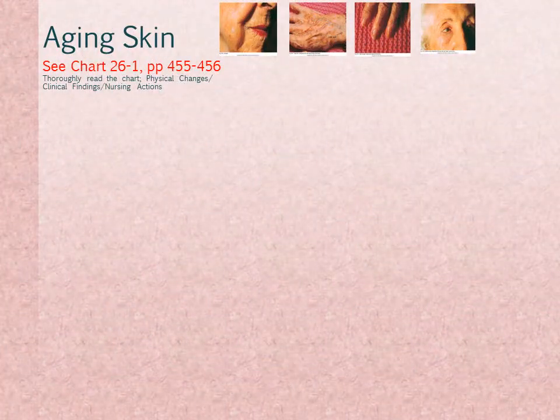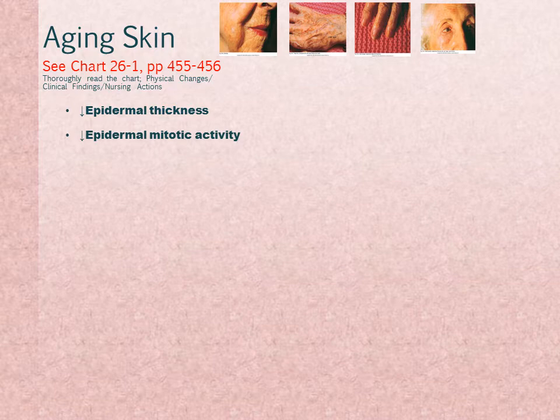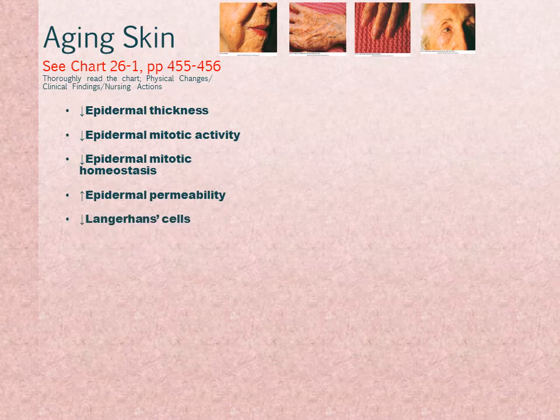The process of aging begins at birth. Changes in physiology progress with aging. The skin also undergoes age-related changes in both the structure and the function. These changes are decreased epidermal thickness, decreased epidermal mitotic activity, decreased epidermal mitotic homeostasis, increased epidermal permeability, decreased Langerhans cells, decreased active melanocytes,